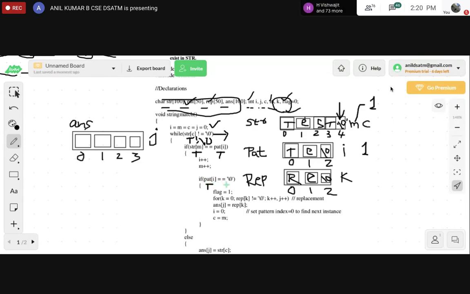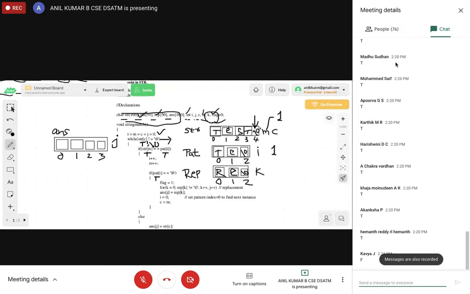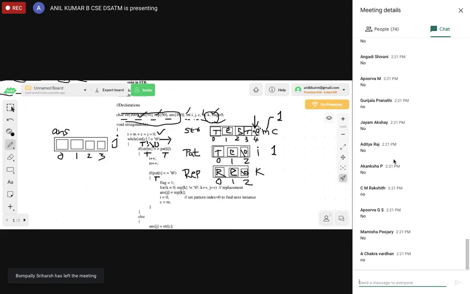equal to null character. Is T equal to null character? Condition is false. Yes, the condition is false. Once the condition is true only, we can get inside this. Since the condition is false, it will go back to the loop again. Okay, so now check with the second part. Check with the second letter of the